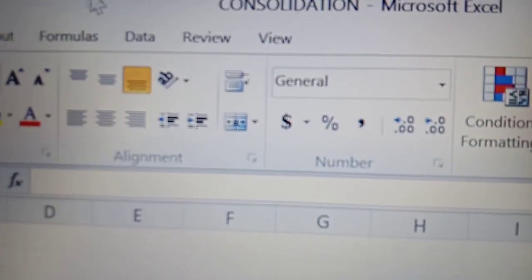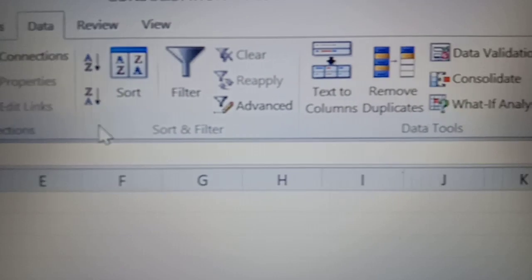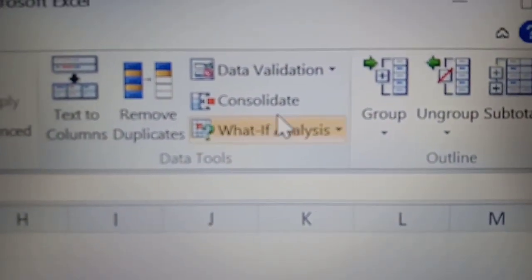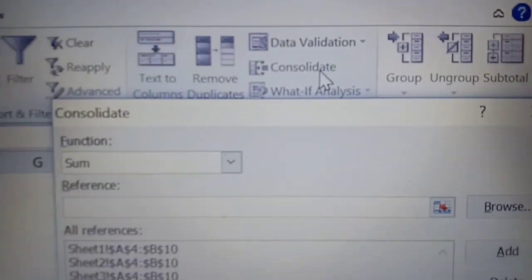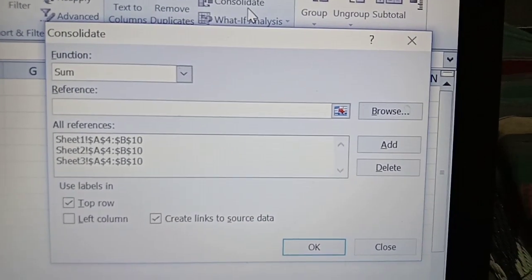For that, the procedure is: keep the cursor in sheet 4, and in Excel we have a tab called the Data tab. Click on the Data tab. In the Data Tools group there is an option called Consolidate. Click on it, and this is the Consolidate dialog box.